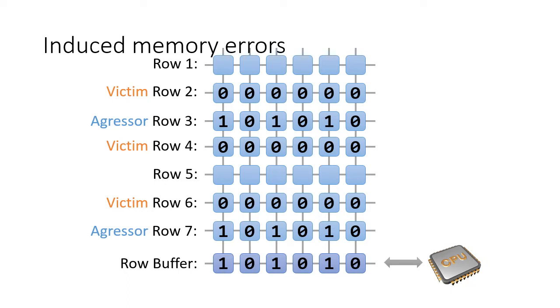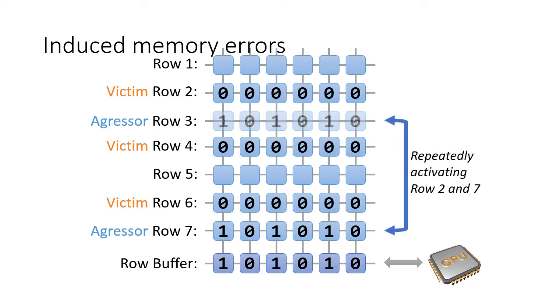So here we have what are called the aggressor rows. Aggressor rows are rows that we are going to intentionally read lots and lots of times. This will cause us to rewrite it using high voltage lots and lots of times. On either side of these aggressor rows in this matrix are the victim rows. And the victim rows are nearby. And because there's sort of electrical leakage between the rows, when we do this enough, we are going to find that some of the victim rows' bits end up flipping,